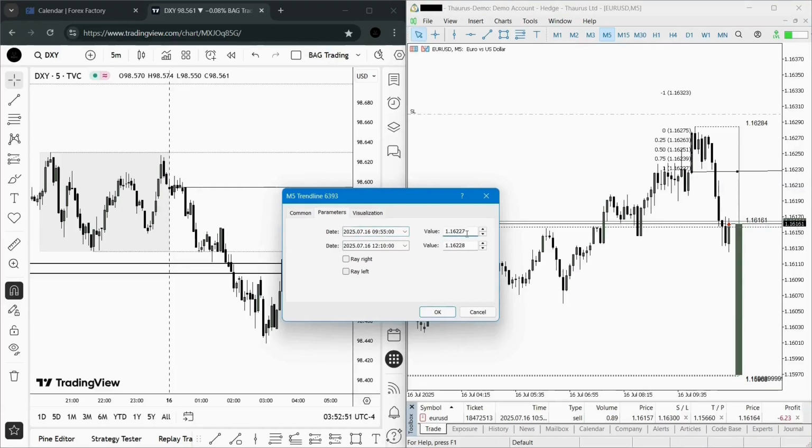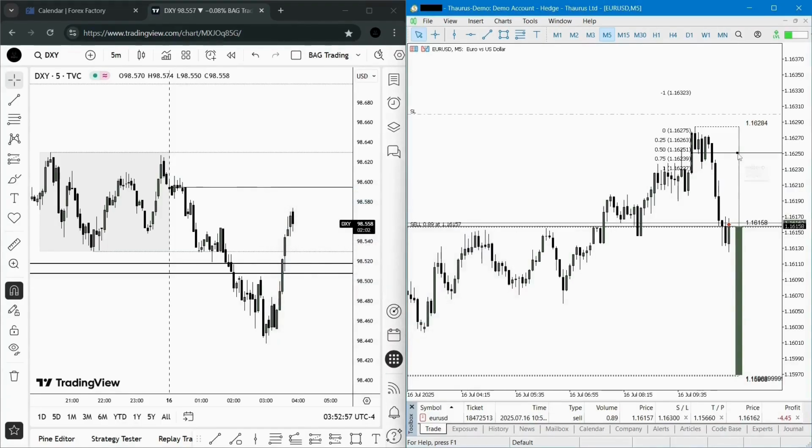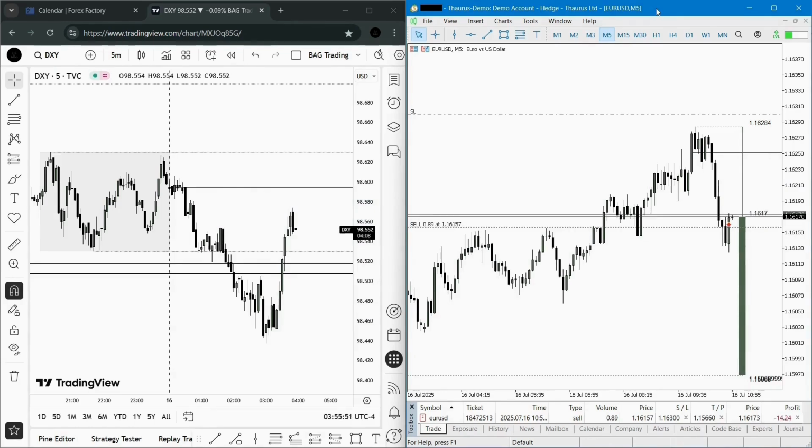And if it would trade up there and close above it on a 5-minute time frame, then I would cut the trade in half, taking a small loss in order for me to avoid a full stop out in the case that my stop order is triggered and I'm wrong on the position. However, if I'm right, then the Euro US dollar should begin pricing in bearish price action, as I'm anticipating a